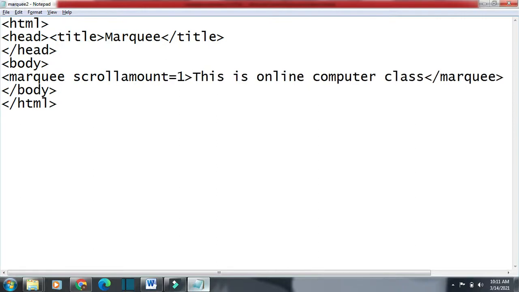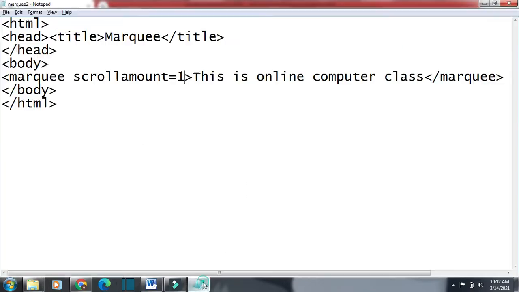Suppose I am giving the scroll amount as 1. Let us see what happens. The speed is very slow. Very slow, scroll amount 1. But if I give scroll amount 25, it will be fast. Fast.